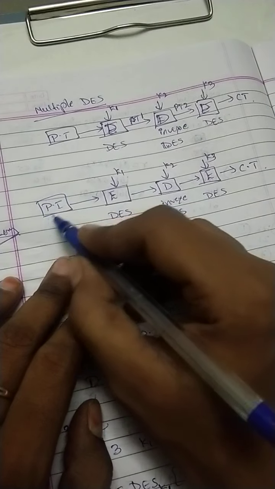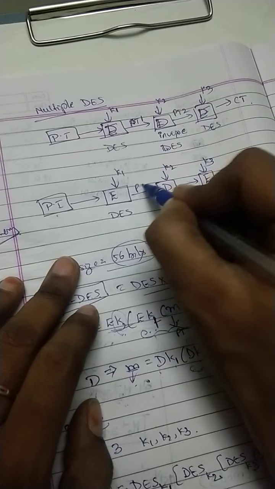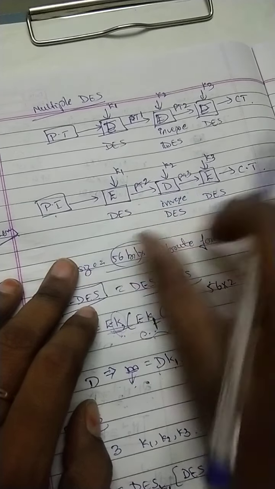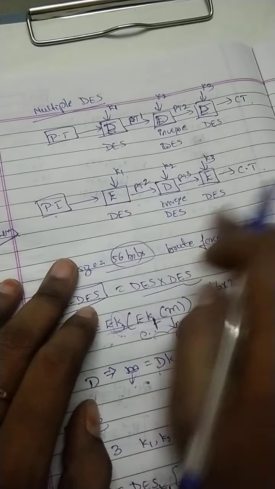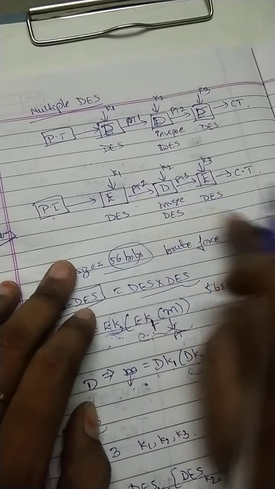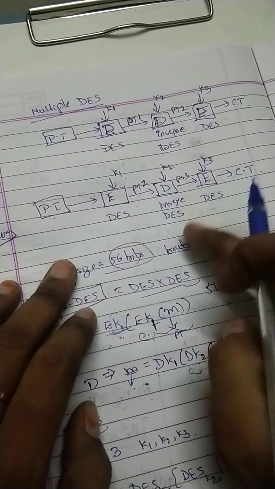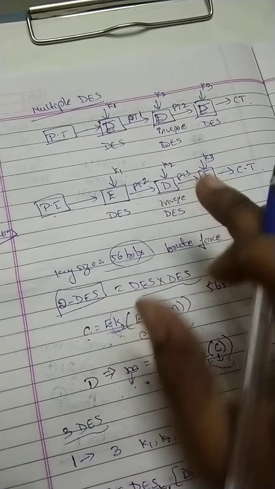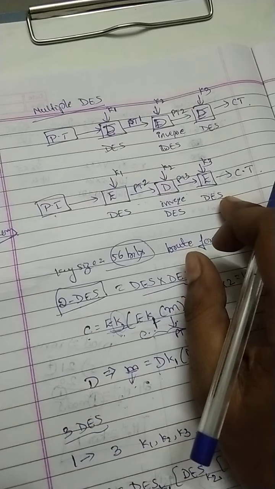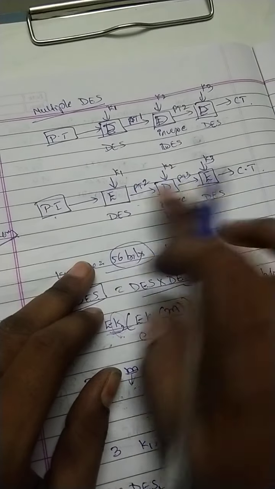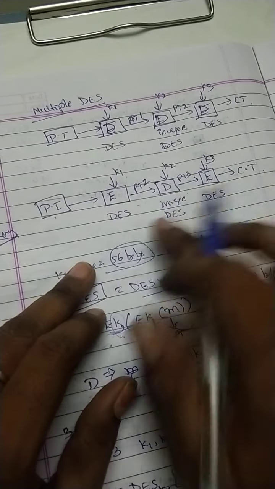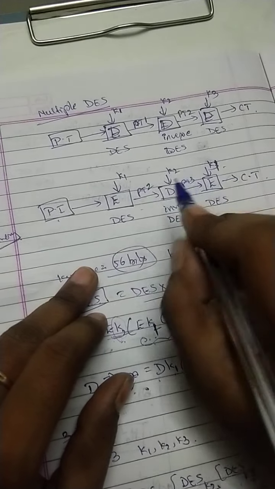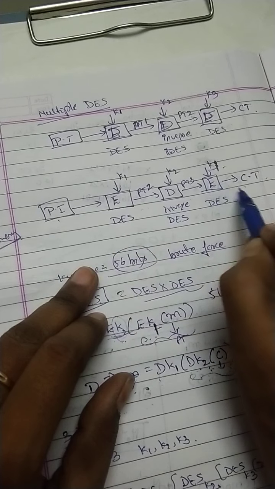First our plain text is converted into another plain text, plain text 2, then plain text 3. So three intermediate texts are generated in the middle of the process. In the middle we use the inverse DES, so it is called the meet in the middle attack. If they crack this, they can easily hack the message. There is no need to use three keys here. We can use only two keys; at the end, the last one, we can use K1 also. It is the same process, but last we use K1.